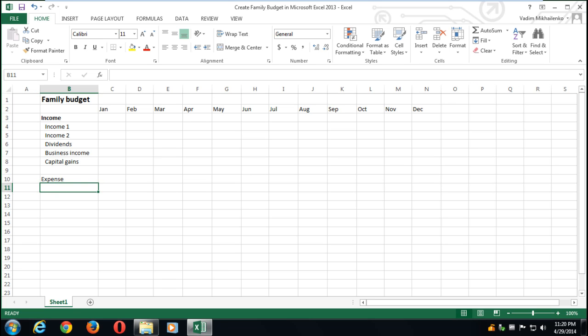So in expense categories, I'm going to start with housing. Then in addition to housing, I'm going to add transportation expenses, then insurance, then taxes, I'm going to add savings and investments, I'm going to add food,